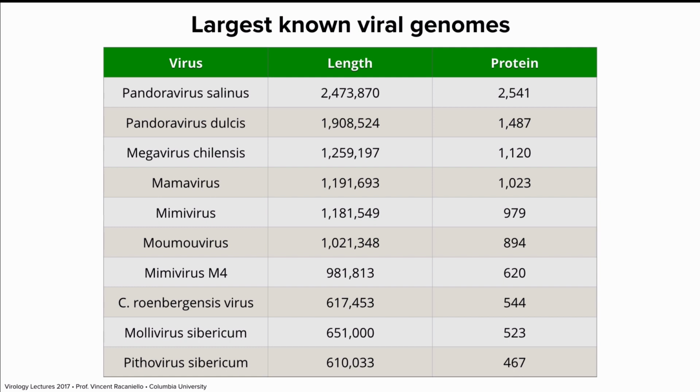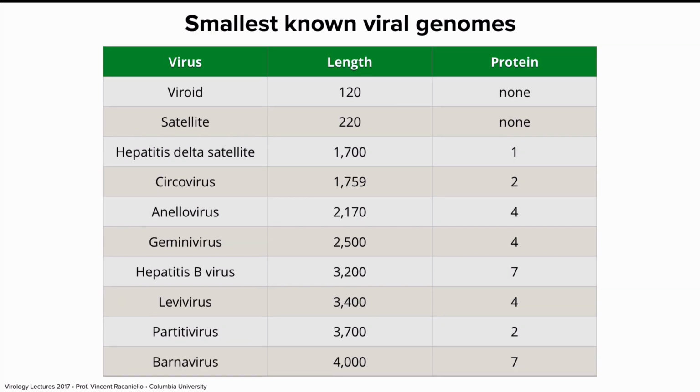And then finally, this one at the bottom, which is still pretty big, encodes a lot of proteins, Pithovirus sibericum. This was recovered from a 35,000-year-old ice core taken from Siberia. So, people go into Siberia and they drill down and they pull out these long cores, and you can tell what's been going on in these areas by looking at what's in each core. It turns out that this virus was taken out of a 35,000-year-old piece of this ice core. They thawed it in the lab and outgrew this virus. So they can last for many years if they're frozen.